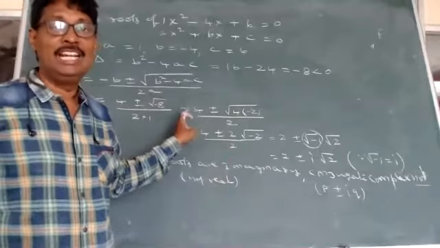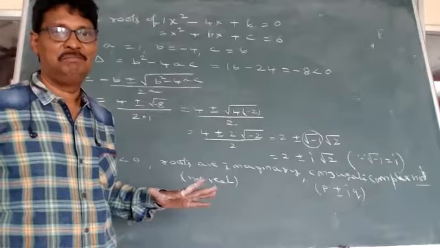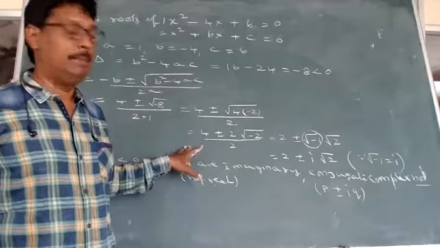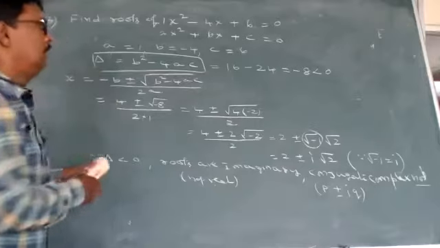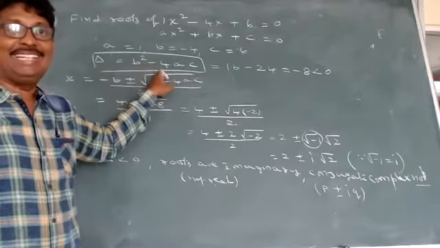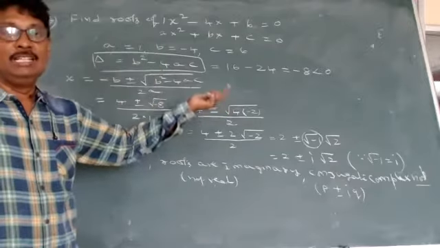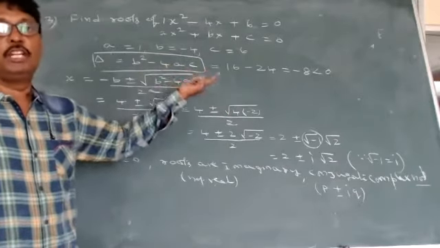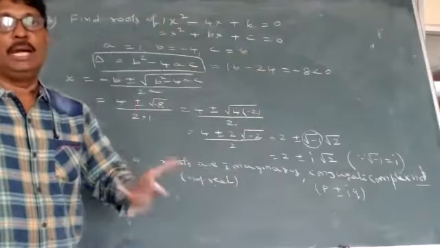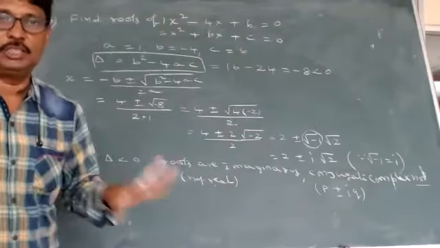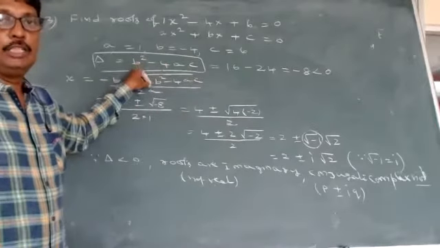Here the discriminant delta is equal to b square minus 4ac. So by remembering delta is equal to b square minus 4ac, if the roots are equal, by writing delta equal to 0, that is b square minus 4ac equal to 0, since the roots are equal. Using this condition, we can find the value of the unknown p or k, whatever it may be, in the given condition. Finally, I'll give the nature of the roots.